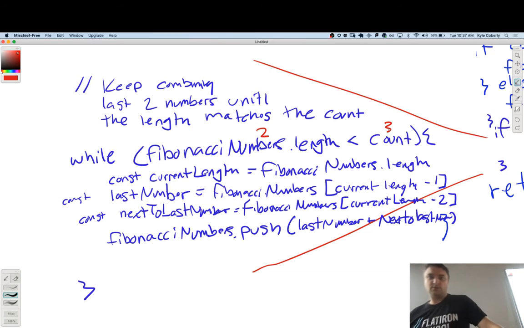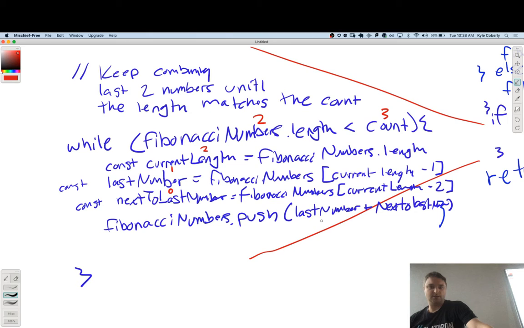Current length is 2. Last number is originally 1. Next to last number, current length minus 2, so that would be at index 0, which was 0. And so I'm pushing 1 plus 0, so I'm pushing 1 into it.